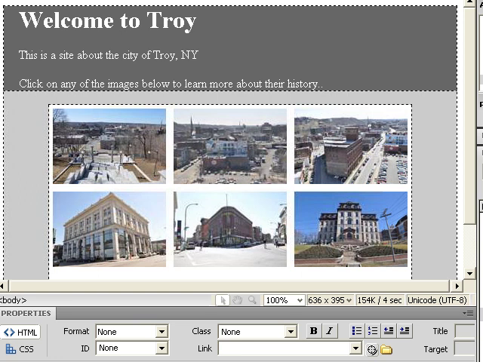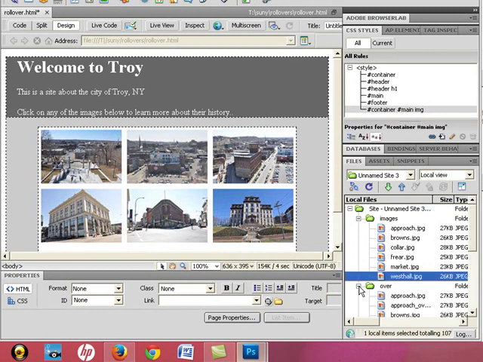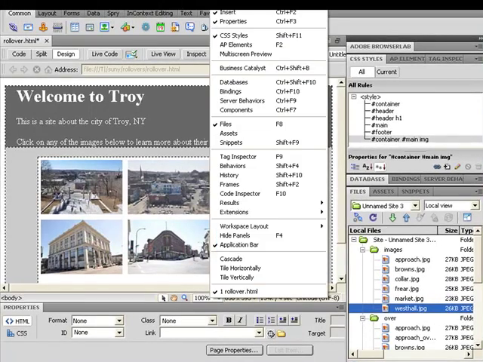The other thing is in Photoshop, I also created my second version of all of these images, and I saved them in a folder called Over. And I saved them with the same name as the original. So the only thing I'm missing is the behaviors panel. It's not over here. So I'm going to go up to Window in the main menu and choose Behaviors,